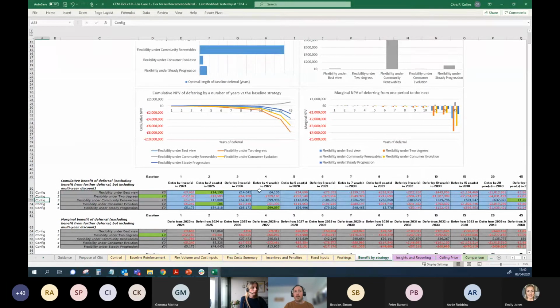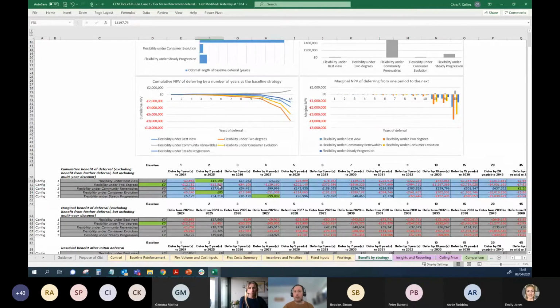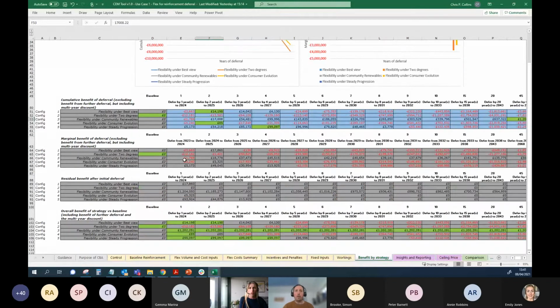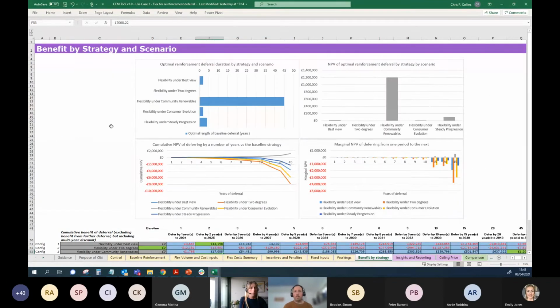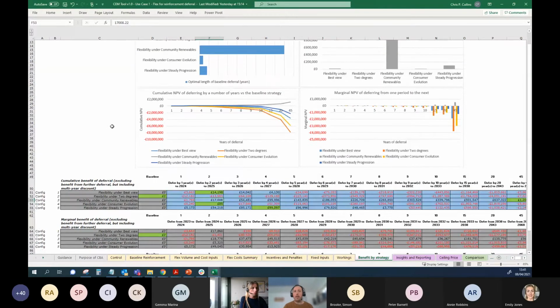Now, I suppose it's worth stating the obvious, perhaps. You don't know by definition which of these scenarios you're in when you're running this model. As I say, this is a decision-making tool that's designed to make the decision today based on your future uncertainty. So you don't know from now whether we're going to be under the best view scenario or under community renewables or one of these other scenarios. So what the tool is designed to do is to show you, under each of those scenarios, what the optimal duration of flexibility would be given your input assumptions. But it also lets you see